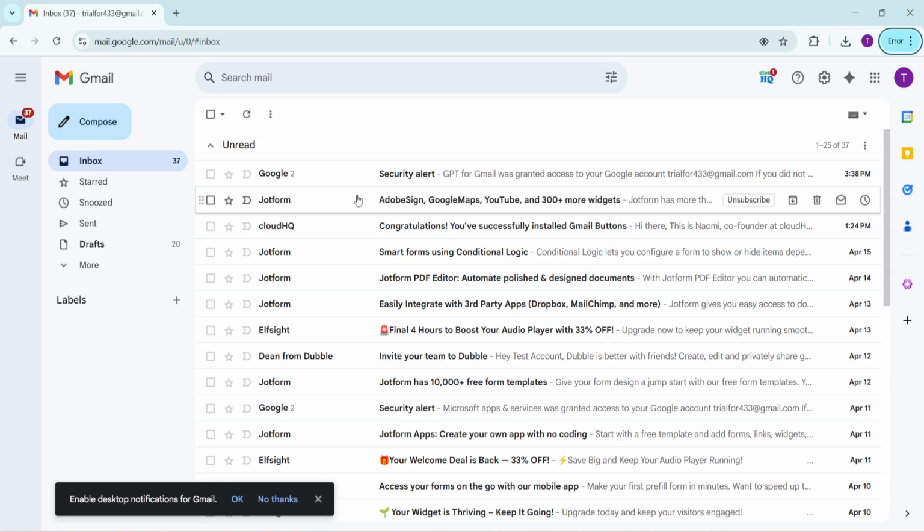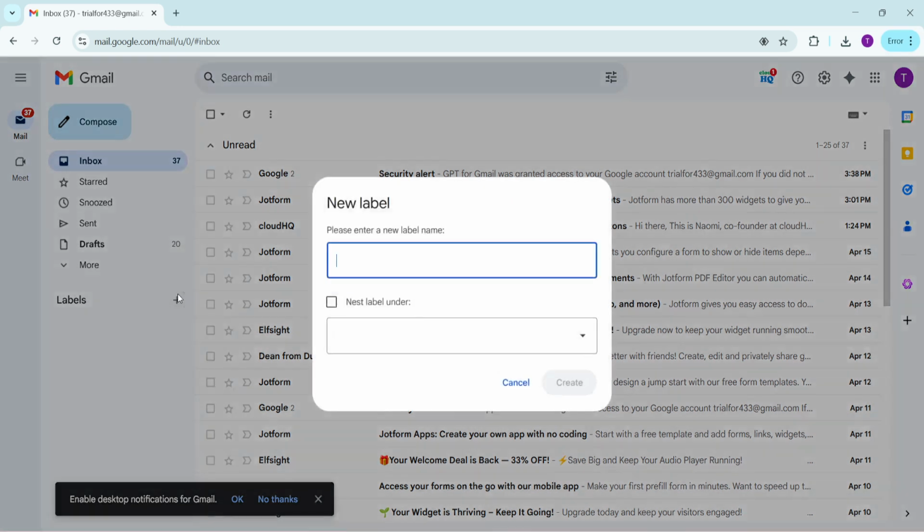First things first, open your Gmail app and head to the Labels section, which will be on the side menu. You're looking for a small plus icon that appears next to the Labels heading. This little icon is the key to starting the process. Give it a tap. The option to create a new label will appear on your screen, setting the stage for